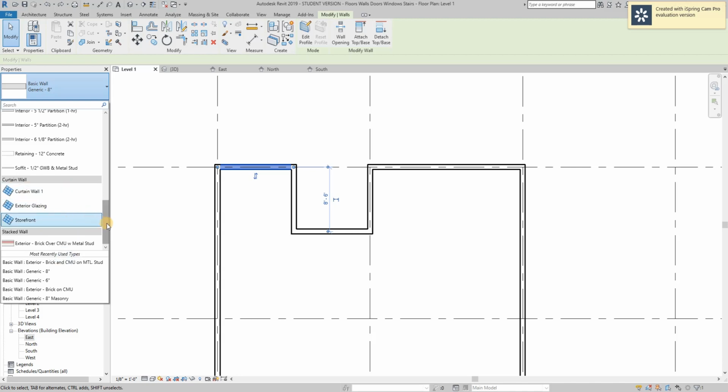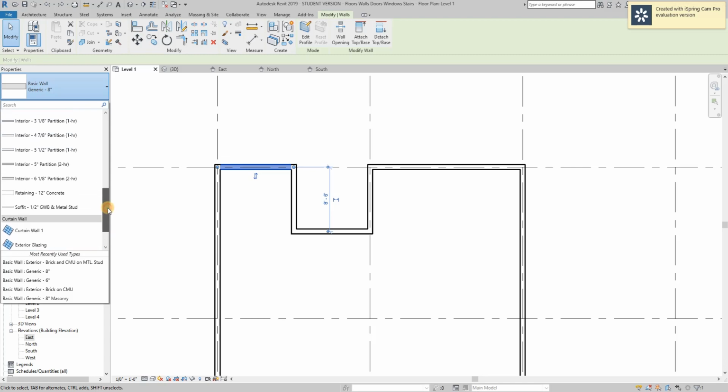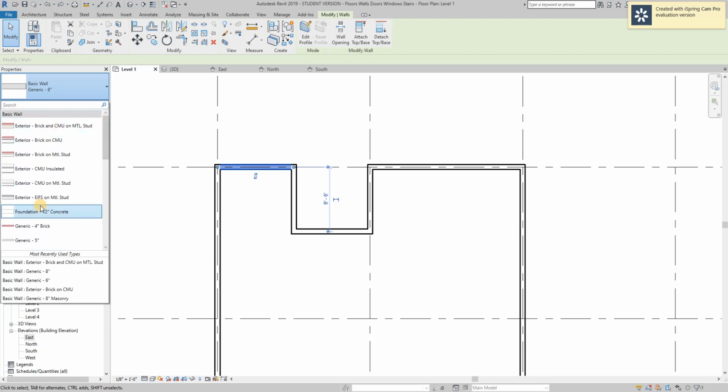They keep them as a separate family because they have different parameters that are required to build them in Revit. And then all of the other wall types that are consistent vertically but change as you move through them, like in their construction layers, are all here in the basic wall. So the generic 8-inch wall,